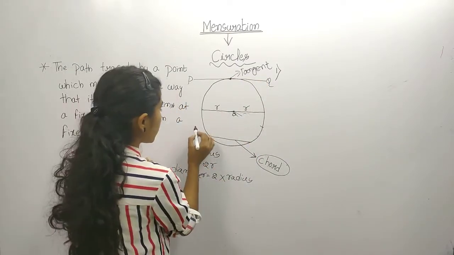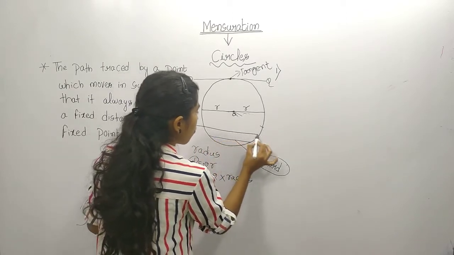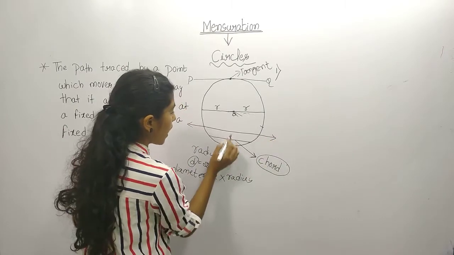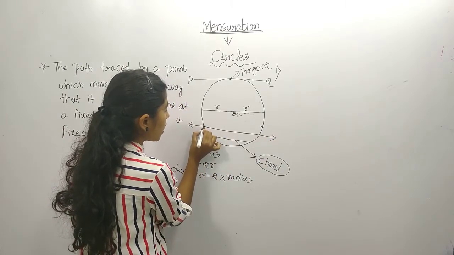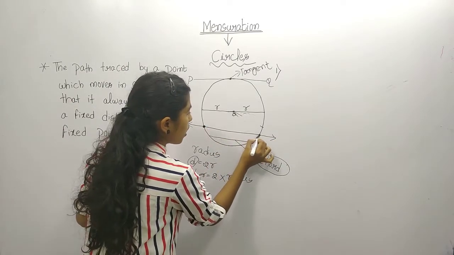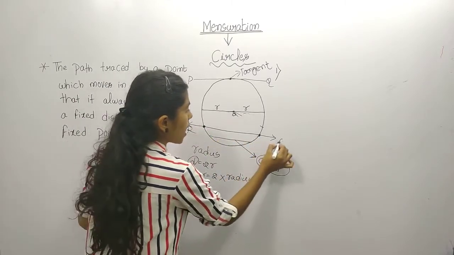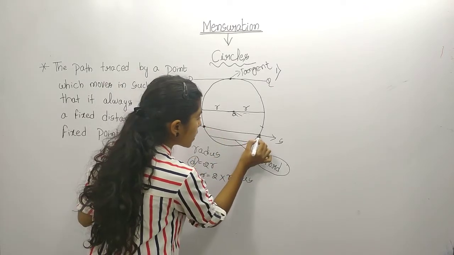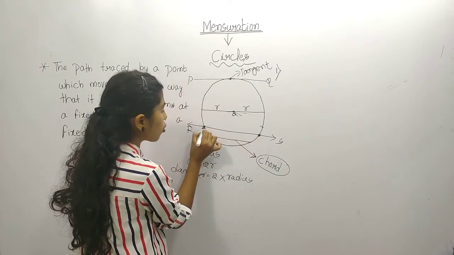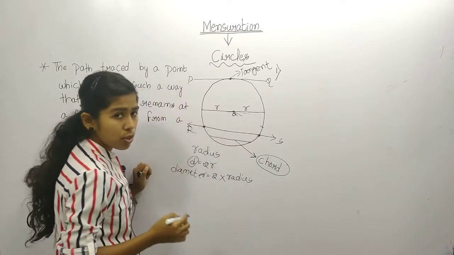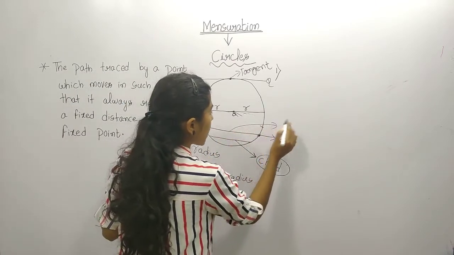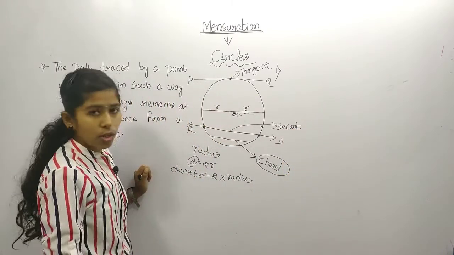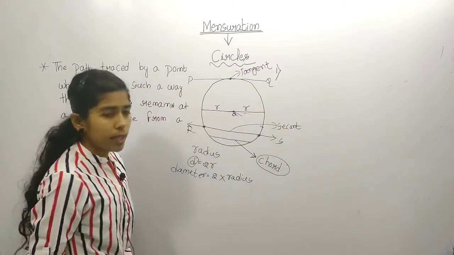Now you see, if I draw a line like this from outside to inside of this circle, it intersects at points, let them be R and S. So the line RS meets this circle at 2 points. These are the 2 points, you can easily see. So this is called a secant of the circle. So these are the parts of the circle.